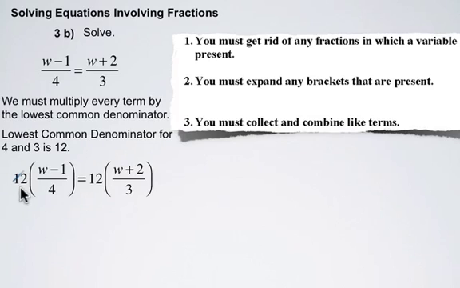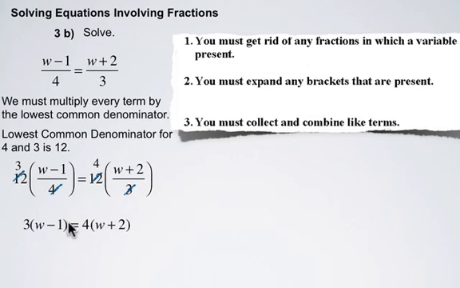And the reason we multiply by 12 is that it's going to get rid of the fractions, because 12, and this is the same as 12 divided by 4, or 12 multiplied by a quarter, simplifies to be 3. And on the right-hand side of the equation, it simplifies: 12 divided by 3, or 12 over 3, is the same as 4. So we can rewrite this down below now, because this is 3 times (w minus 1) and 4 times (w